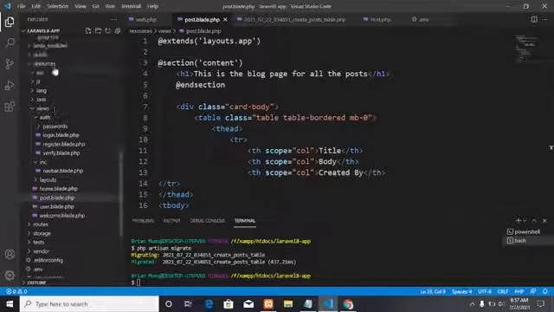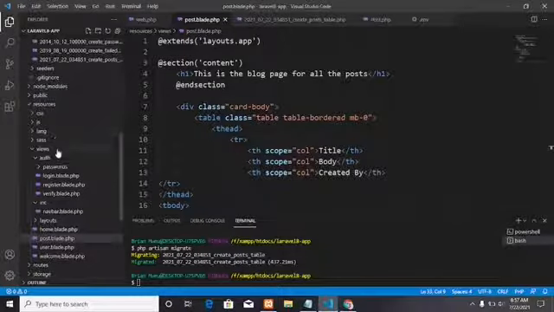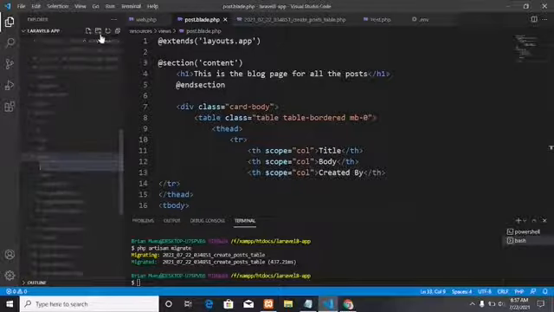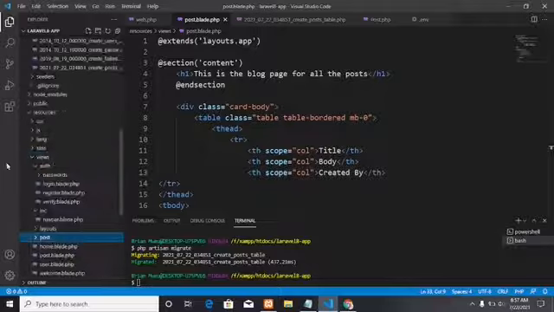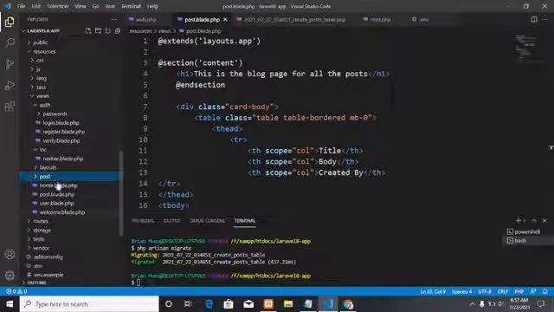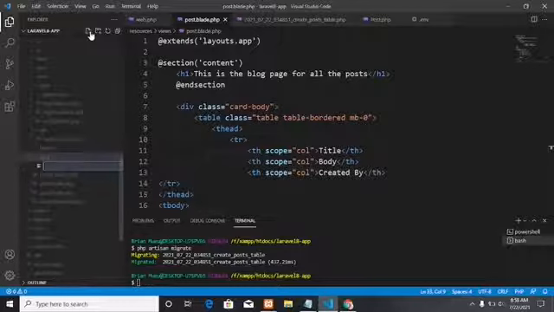Now here, go to your resources, views here, and here I would like you to create a folder that is called post, like that. Now if you have checked my Laravel blog using JStream, I've done the same thing. That's why I'm not repeating some of the things that I've done. You can check that particular video. So within the post folder, I'm going to create another file here, and I'm going to rename it